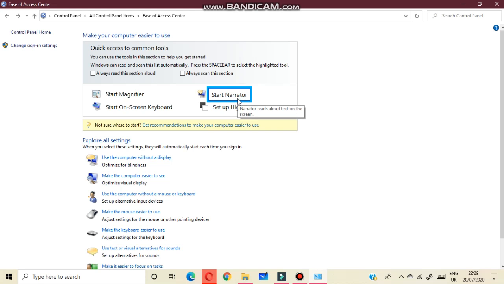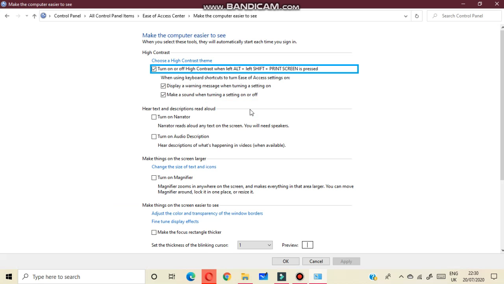Okay, so students, you have already understood how to use Start Narrator. Now next we will move on to Set Up High Contrast. So what is the use of high contrast?